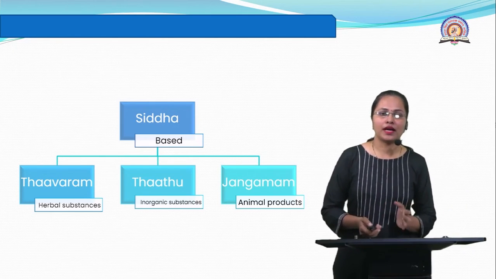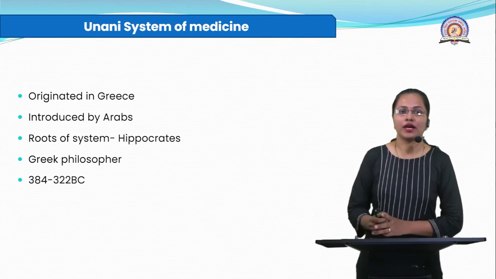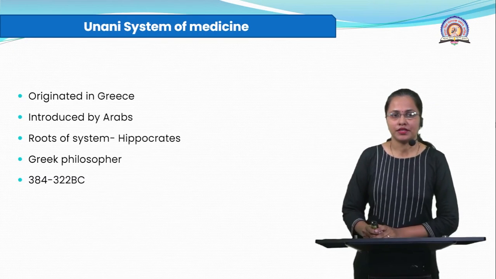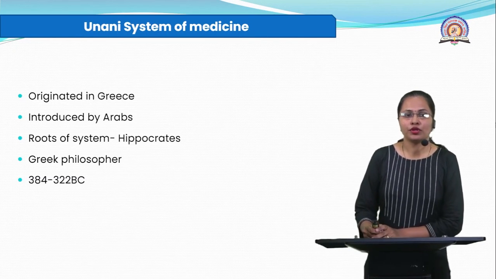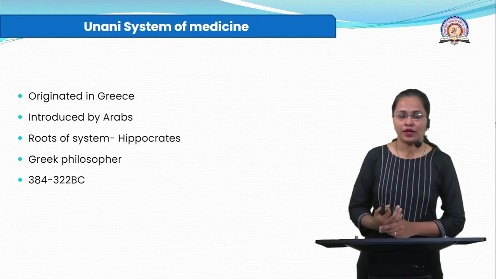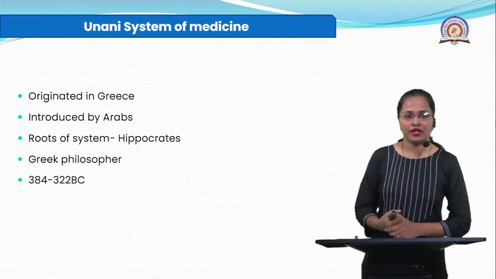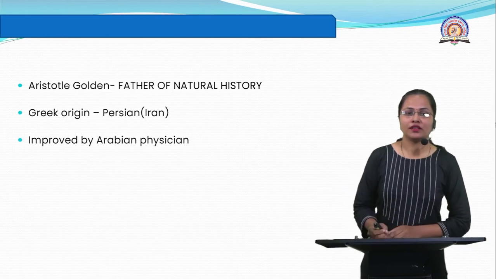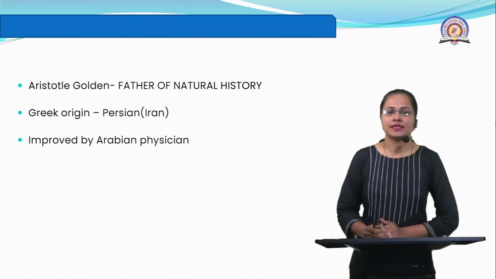Along with Ayurveda and Siddha, the third most popular system of Indian medicine is the Unani system of medicine. This system basically originated in Greece, and it was introduced by Arabs into India. This system has its roots in the literature of Hippocrates. Hippocrates, a Greek philosopher, wrote on the utilization of plants, dated 384 to 322 before Christ. And Aristotle, Galen, a father of natural history, is again considered a pioneer of this system of